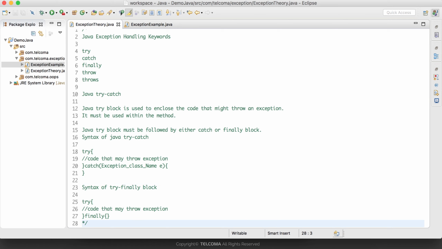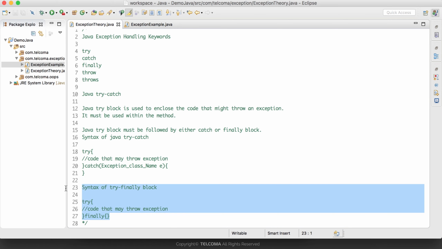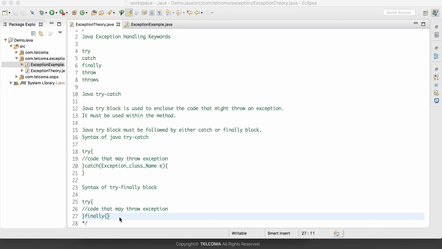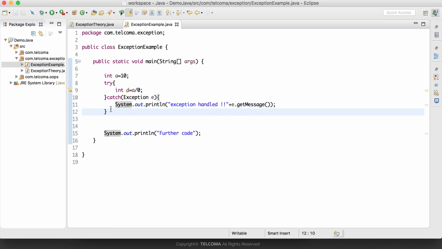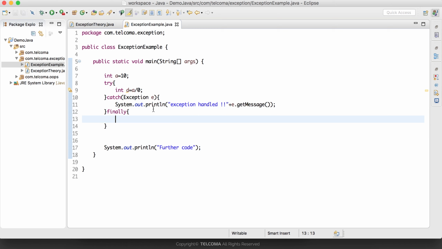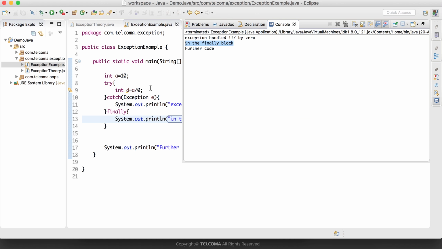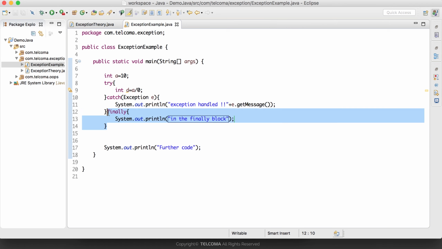And then we have the syntax for the try finally block. Either you can use catch or you can use finally. If you use finally, it will execute every time. System.out.println in the finally block. And let's run this program, and here you can see that the finally block will execute every time,